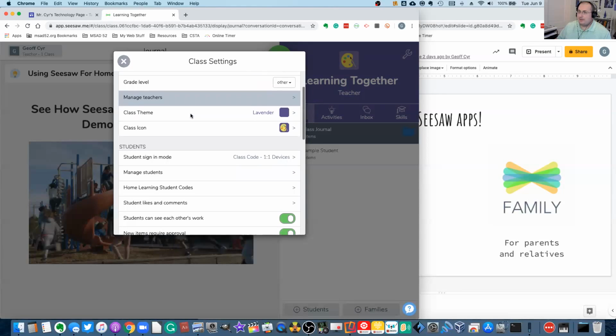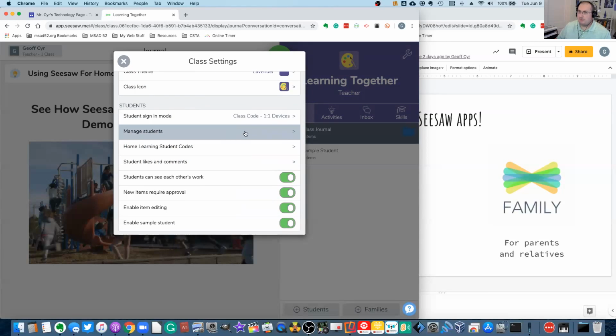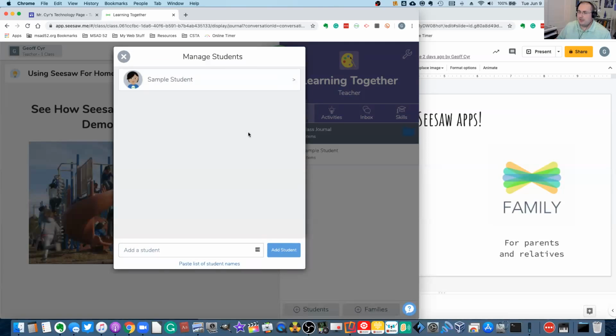So I can go back, manage students. This is where you can come in and add students. You can paste a list of student names. I actually would recommend holding off on